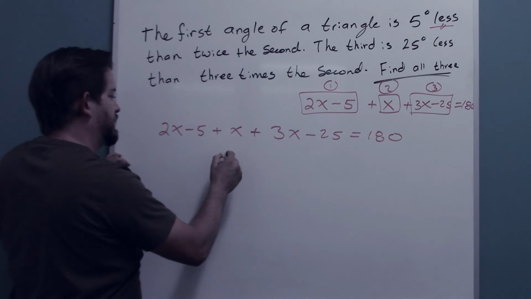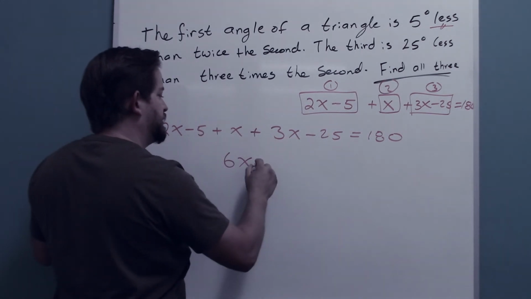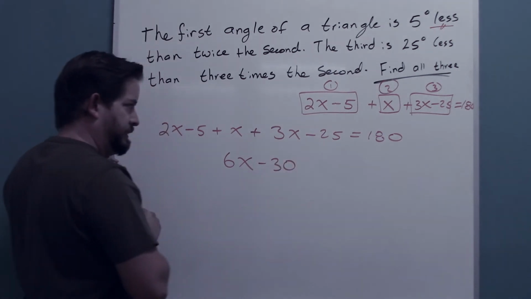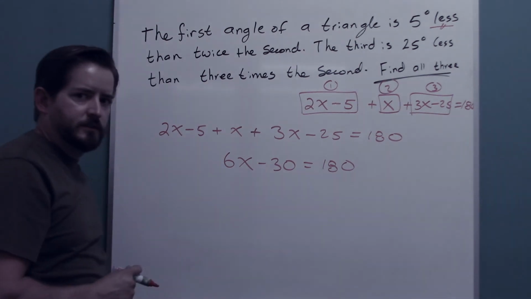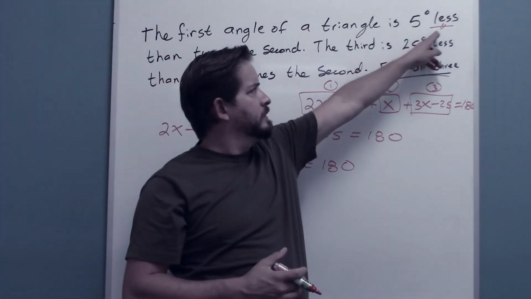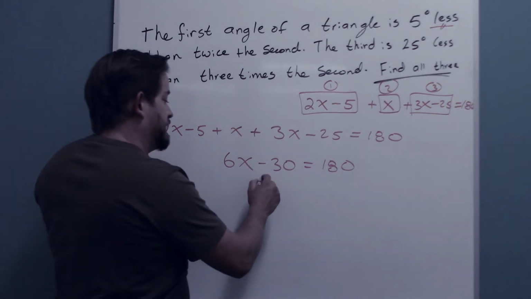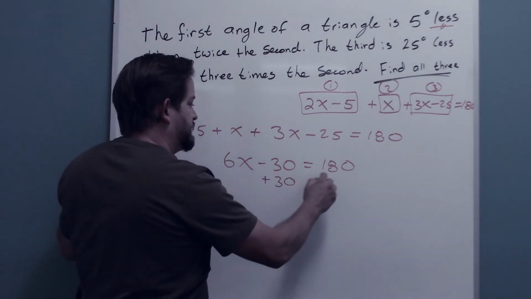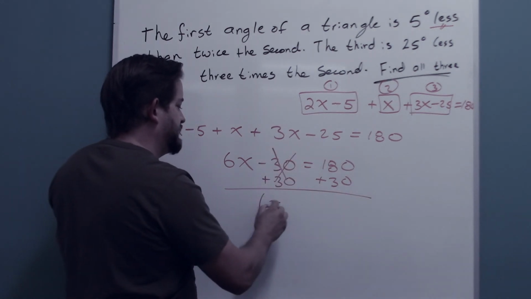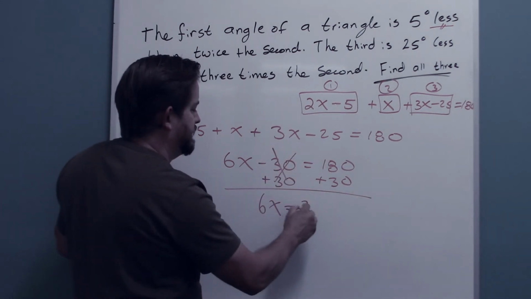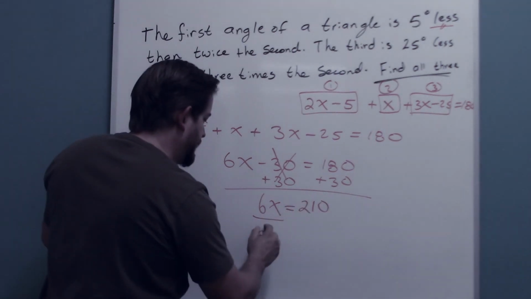Still 6x when I combine my x terms. Minus 5 and minus 25 gives me minus 30 equals 180. A little bit different. So again, even teachers mess up. Watch out for the words less. But I can do this still, plus 30 to both sides. That gives me 6x equals 210. If I divide each side by 6,